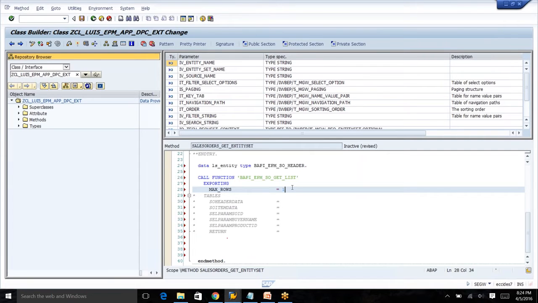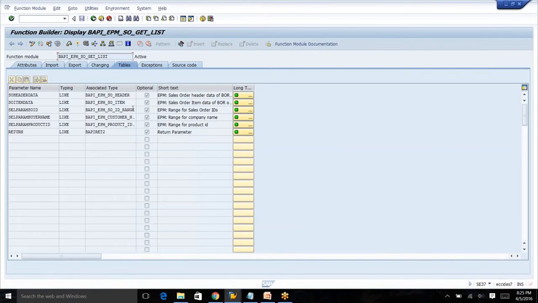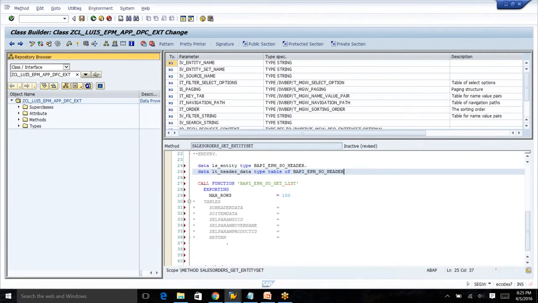Okay, and S4 header data LT, I'm going to define a table, internal table. Okay, and I'm not going to